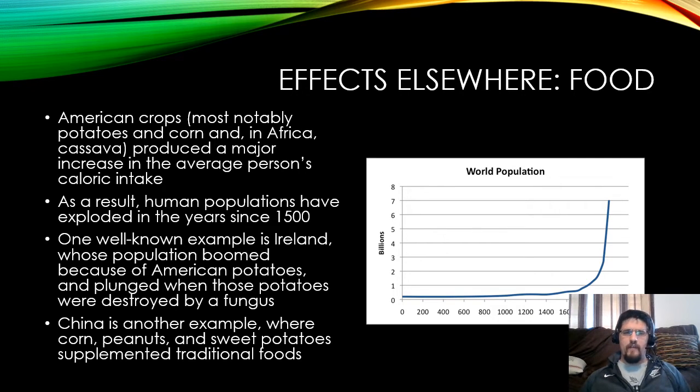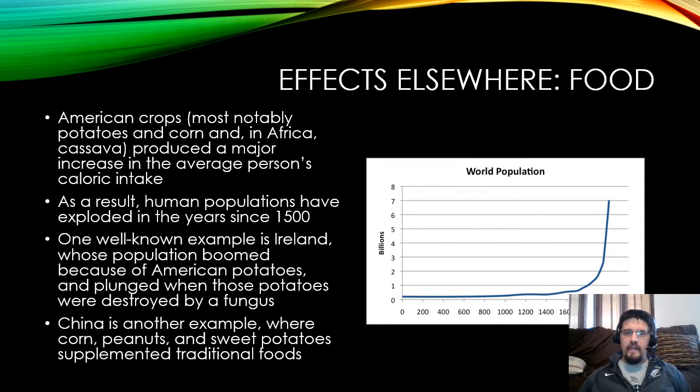less as cassava root, which you can eat, but also as tapioca. Anyway, a well-known example of this is, of course, Ireland, who had that huge population boost thanks to the farming of potatoes, and of course the famous potato famine when the amount of potatoes went down thanks to a fungus that was also from the Americas. China's another good example. The Chinese population spikes, and corn and peanuts and sweet potatoes are definitely supplemental to the